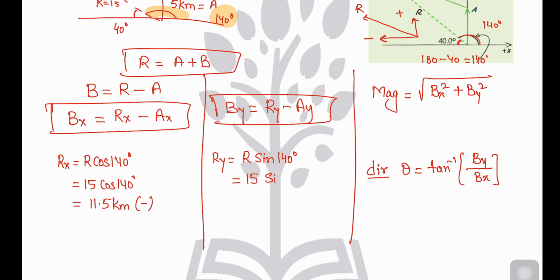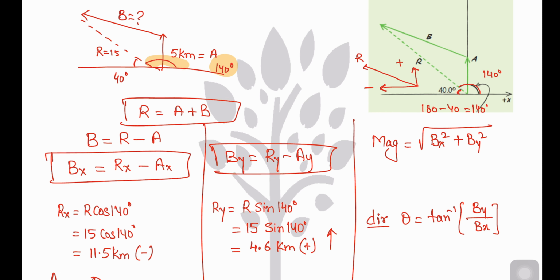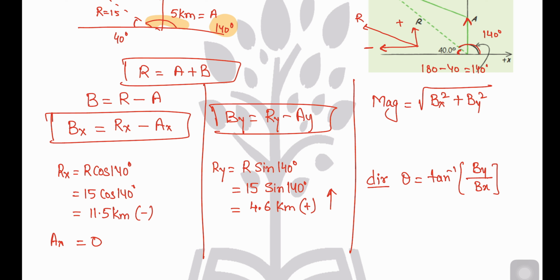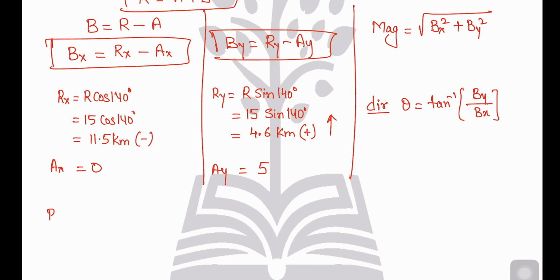15 times sine 140 degrees, which is equal to 4.6 kilometers. This is positive. Why? The body is going up. Clear? Okay. Ax is 0 because it is not resolved. It is exactly going up. There is no angle. Ay equals 5. It is going up. So find Bx,